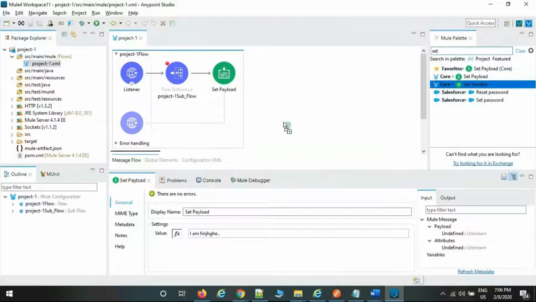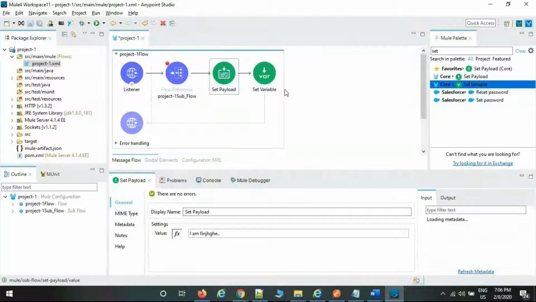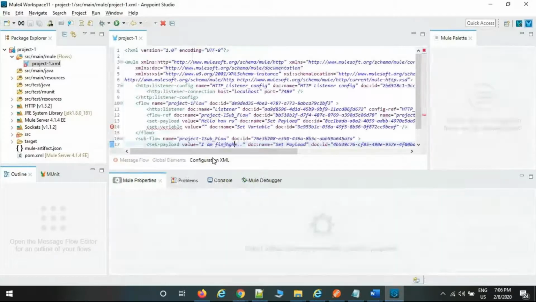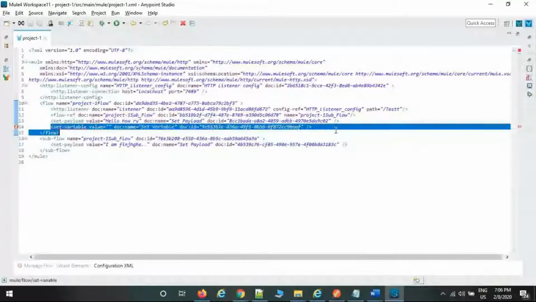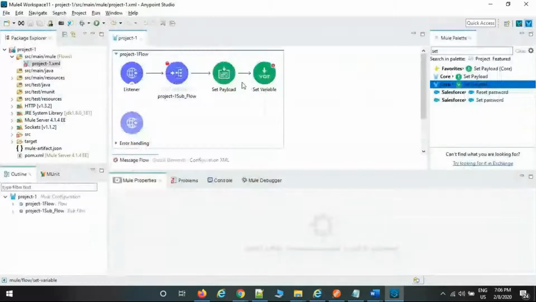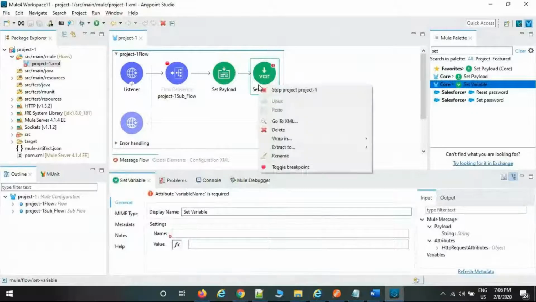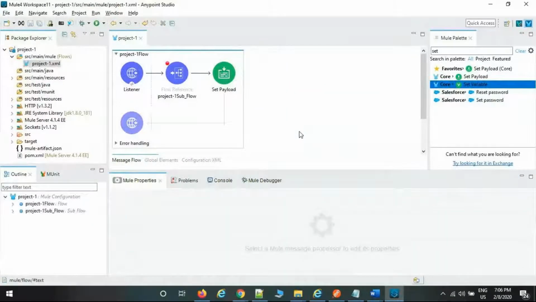Each palette, for example, this is the variable, you can save and go and verify after set variable is available. You can see and expand it. So for each palette, one XML tag is generated in the backend, so that we can reuse this XML tag also. For example, you are designing one flow. Now just remove this one. Whatever the requirement you are designing, you want to share this project with one of your colleagues or team or anybody.